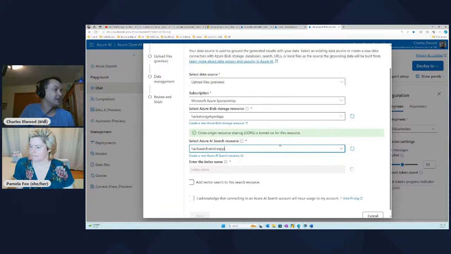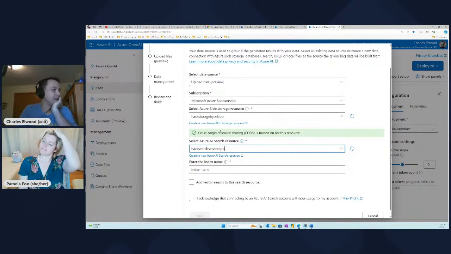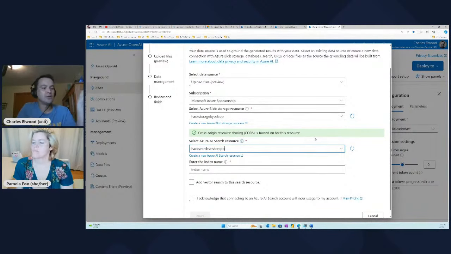I believe this is the AI search. This is where I need your help, Pam. I set this up, and when I was doing this the other day, this took the longest. It took kind of 20 minutes, I think, for this to set up. From your video, it sounds like this is the actual database where all the vectors are stored. Is that correct? Yeah, and you're right that the Azure AI search is probably the resource that takes the longest of everything that you need for this,